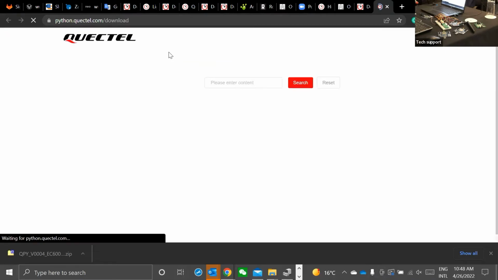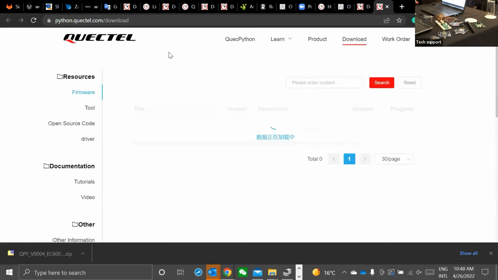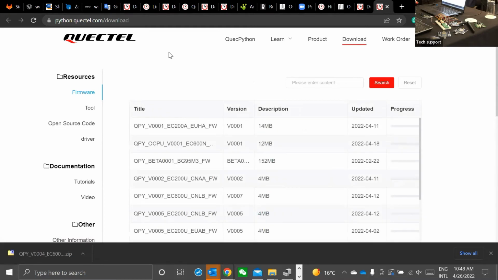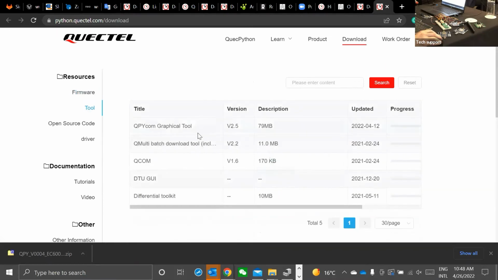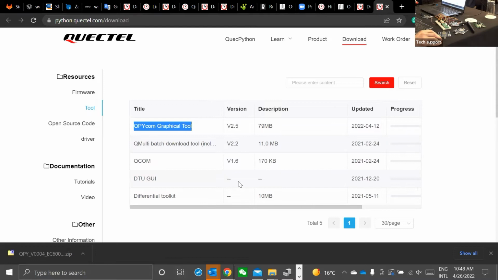When I click on this, actually, you are already on the page where you clicked on the driver. If you click on the tool above that driver title, then you should have this QpyCOM graphical tool.